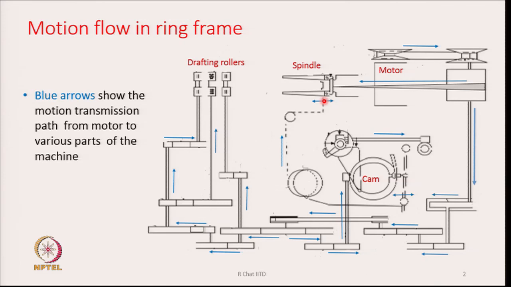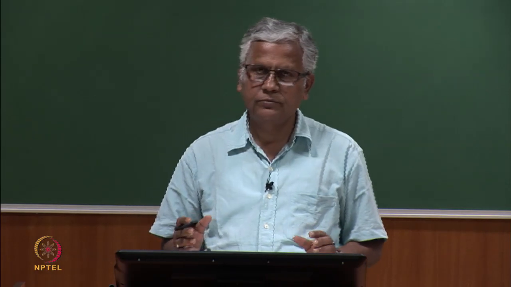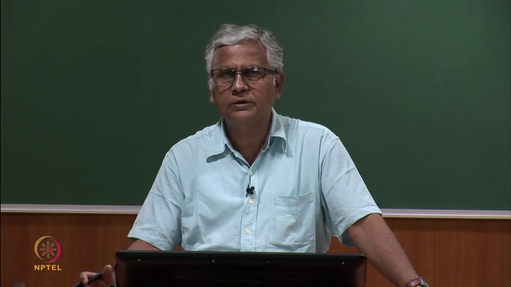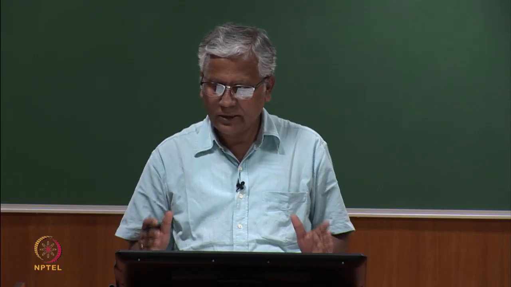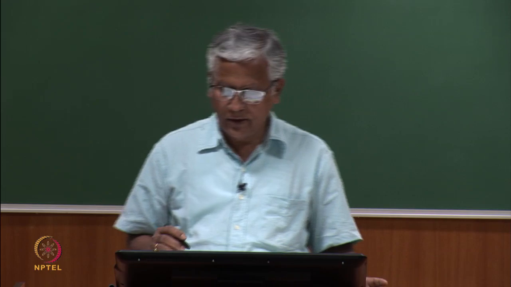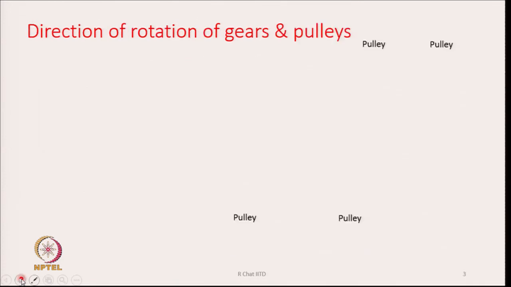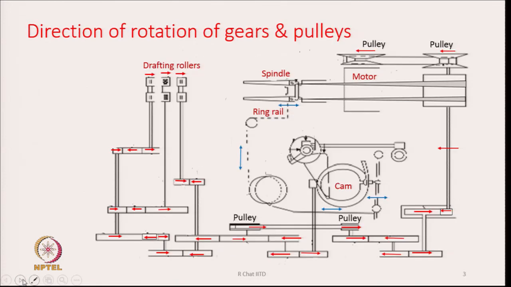Whenever we look at the gearing diagram of any machine, we should try to understand how the motion is flowing from the main source, which could be a single motor, and sometimes there could be multiple motors in the given machine. We must understand the way the motion is flowing from the motor to different parts of the machine. From here we go to the next diagram, which is